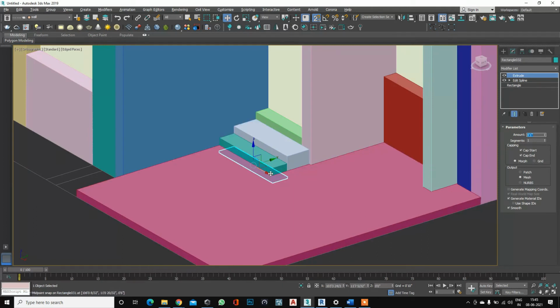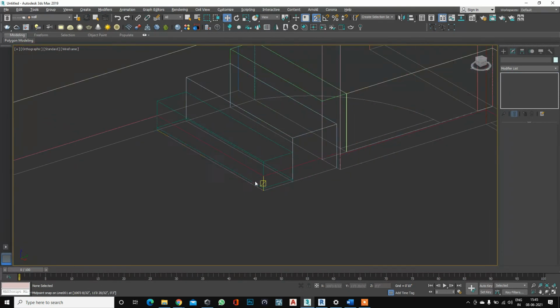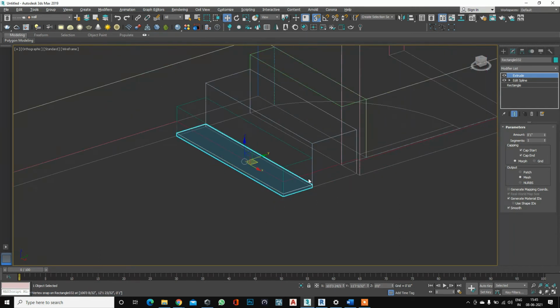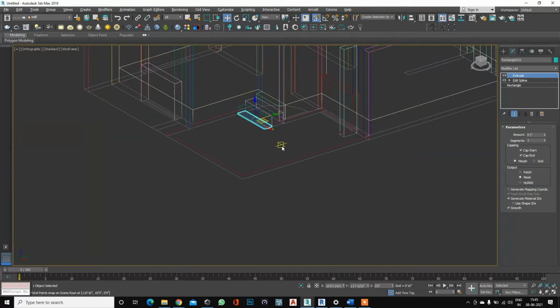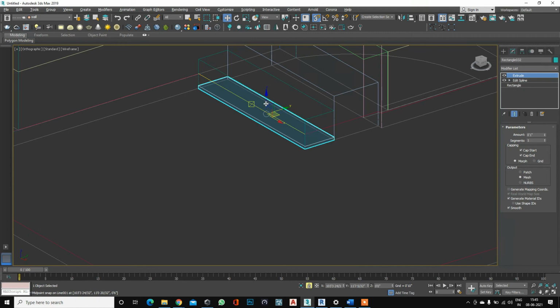Now you can see, let me do it in the wireframe. This is our portion, the 1 inch portion, but this is below. I need this portion to go to this portion, so here I am using 3.5. Now if I want to work on this portion and don't want to disturb the other portion, I can lock it. So press spacebar to lock it. Now no other portion is selected, only this portion is selected.